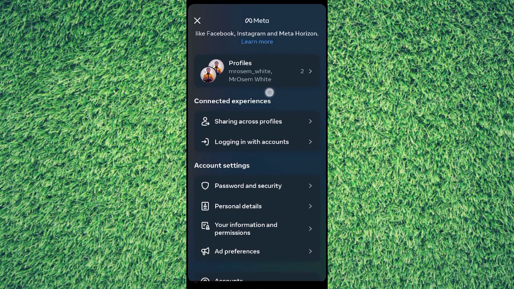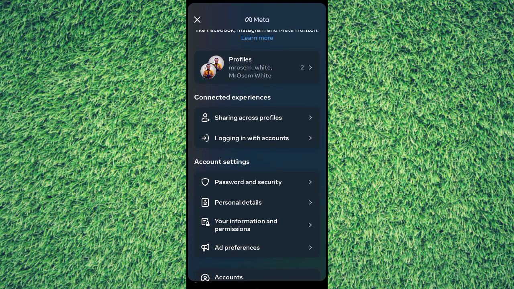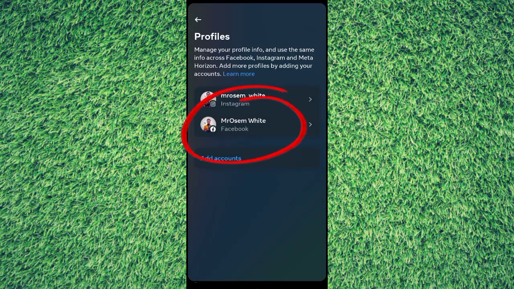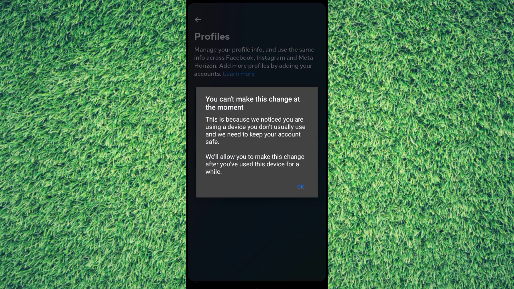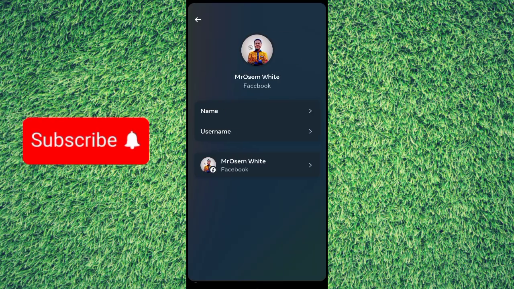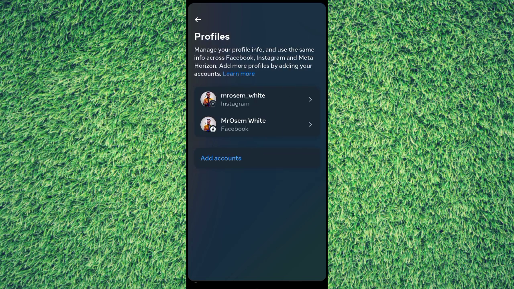Okay, here is the most important part. If you haven't added your Facebook account to your Instagram account, you will not see it there. So unless you add your Facebook account to your Instagram account, you will not see your Facebook account there. So make sure you add your Facebook account to your Instagram account before you can log into your Facebook by using your Instagram account. Okay, in that case I've already added my Facebook account to my Instagram account, so what I